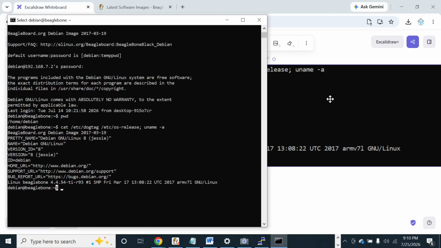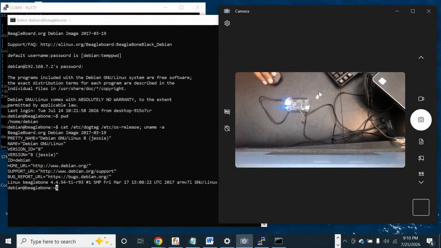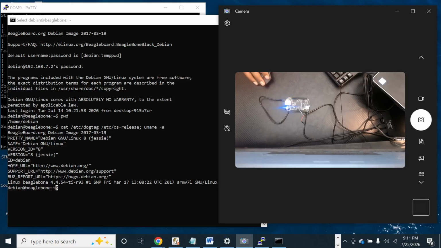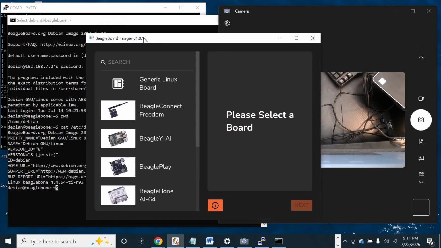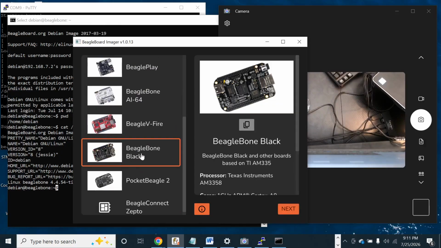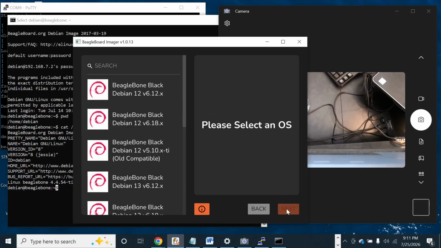So now let's try to boot from the micro SD card. Remember, I have already imaged it. I guess I need to image it. So let's just flash this out and image it with a new image. So I'm going to put it on my SD card reader for my computer. So now it should be coming up. Let's go ahead, and if you have your image etcher, so the BeagleBoard imager, if you already have it downloaded and installed, all you have to do is select the BeagleBone Black, go next, and